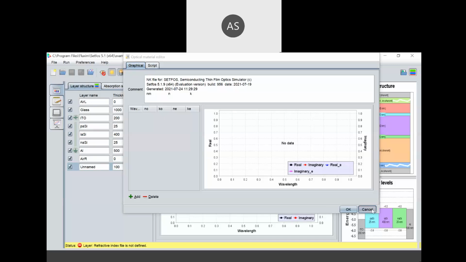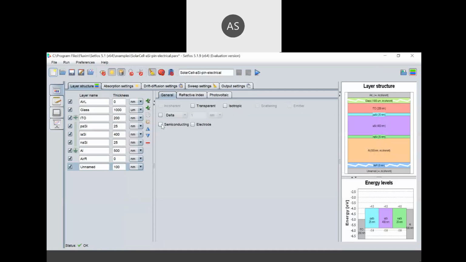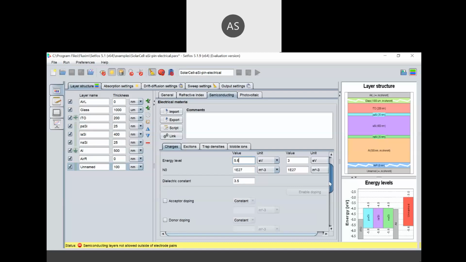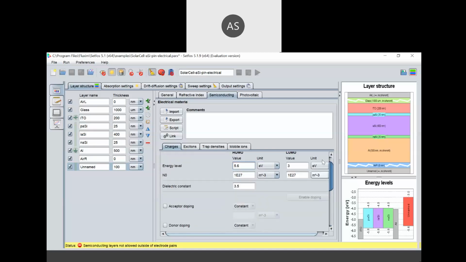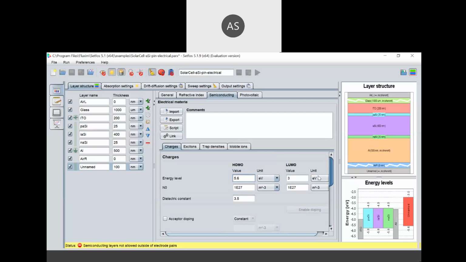And for semiconducting materials, you need to create your material by simply putting the values here. You can put the values of the semiconducting material in charges, exciton, traps, HOMO-LUMO. These values will create a new material. So a new material can be added.